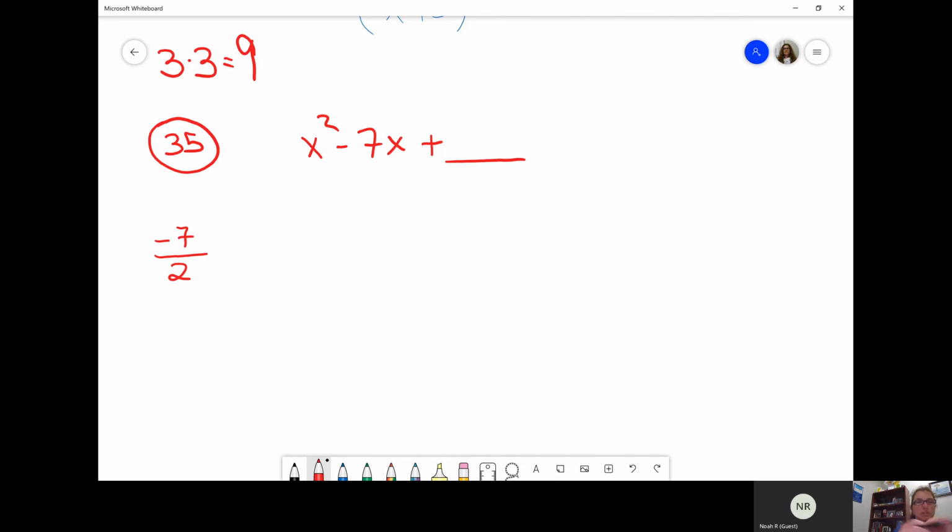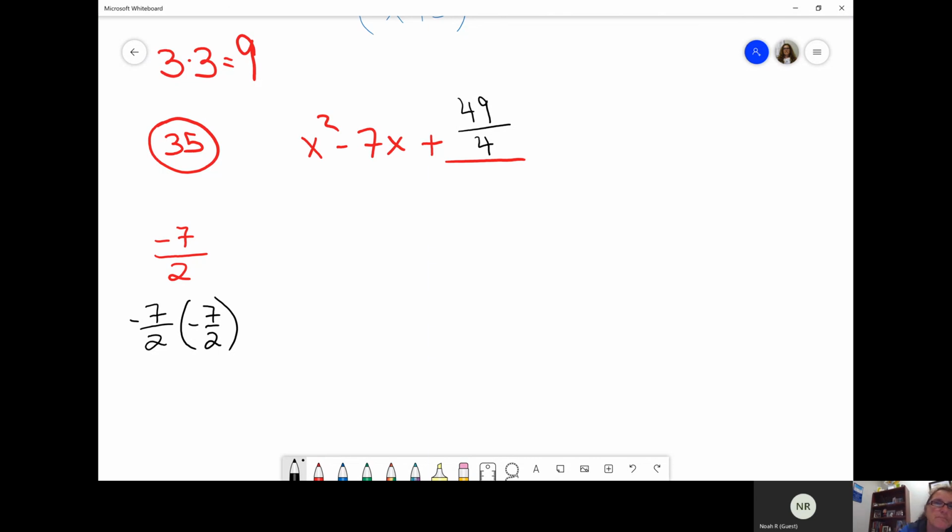Please no decimals. What do you do with those -7/2? You go ahead and you square it and write it out like that so you can see what's going on. When you multiply two fractions, you multiply numerator times numerator, which is 49, and denominator times denominator, which is 4. Sometimes students just say 49/2, but this would be wrong. So the constant term in this case is